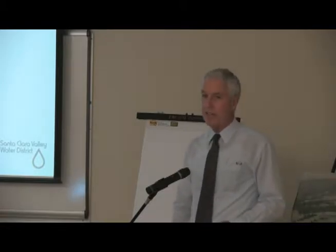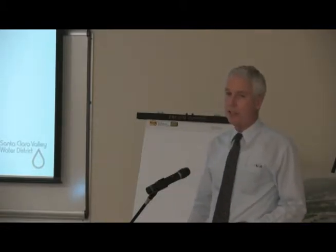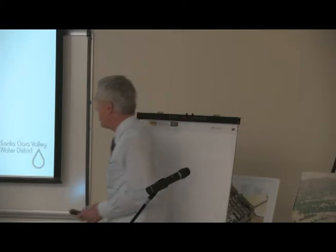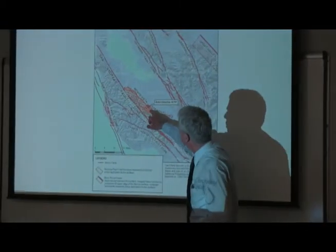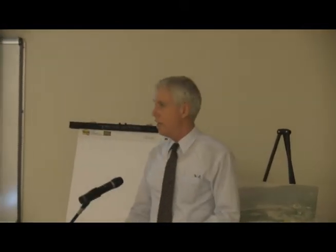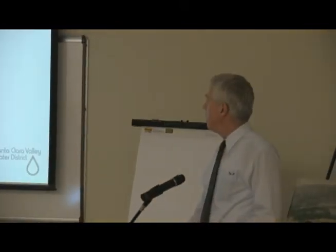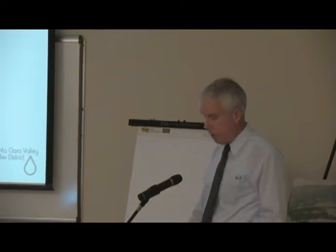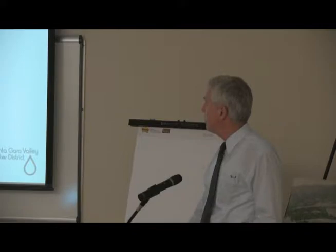I have 3 slides here to kind of give you an overview. And living in earthquake country, we all know that there's no surprise that we're close to the San Andreas Fault, which is right here. This is our treatment plant. I think you get the idea of regional geography, but it's not just the San Andreas Fault that causes problems around here, and so we're designing to withstand earthquakes that happen on other faults besides San Andreas, including what are called